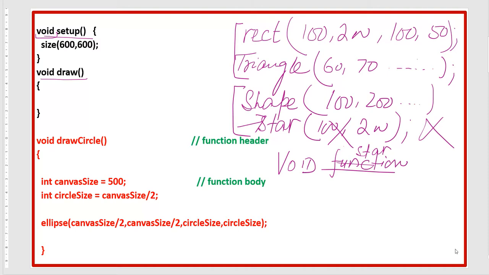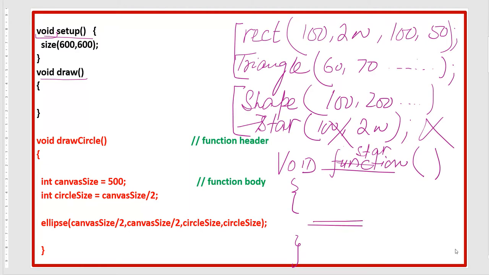This is the general syntax: void and then star, whatever the function name is. Then we have the parenthesis, a small bracket, and whatever command you want, you have to write in between these curly brackets.